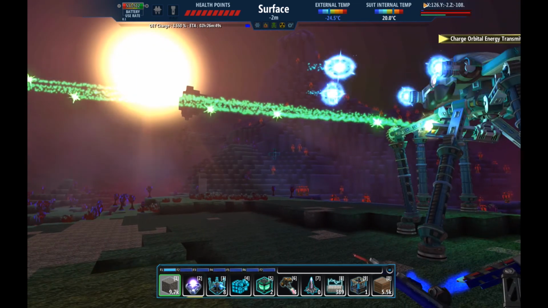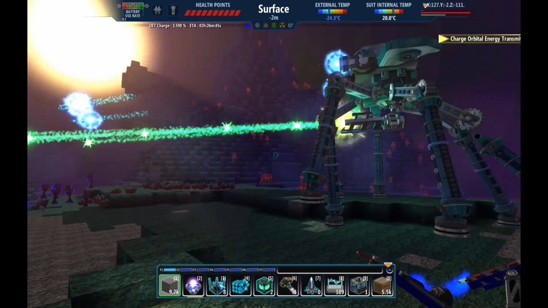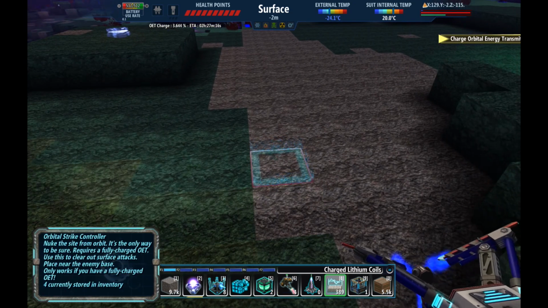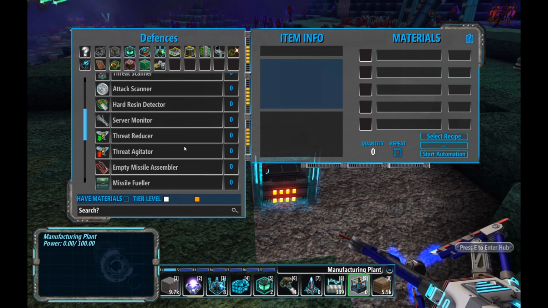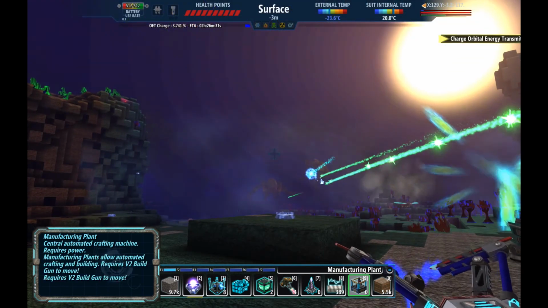So Spider-Bot deals kind of minimal damage. I wish he had his ion cannon or whatever. That's not going to work. What is that thing called? Railgun? Something like that? What is it? Particle rifle. Yeah, so...